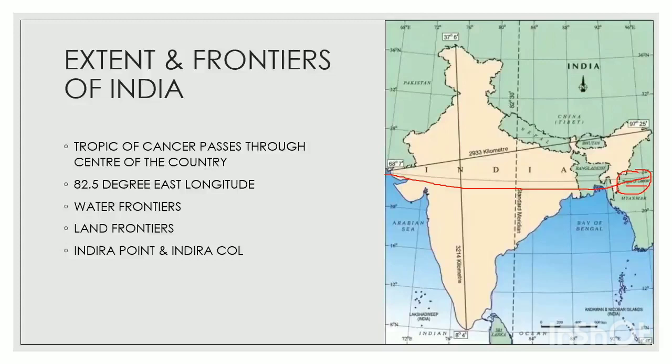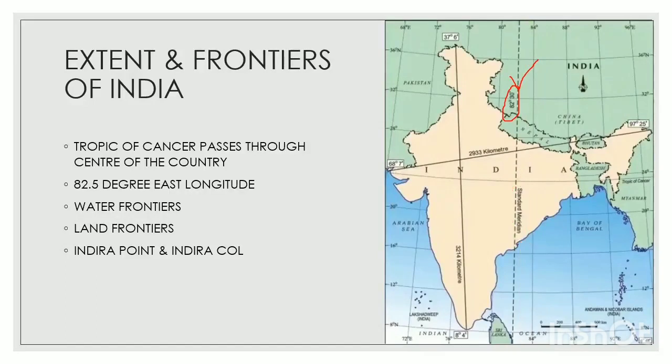Now what is the longitude line? You can see a line passing from the north entering into India. You can see it on the picture. It is a straight line, children, passing there. It's the standard meridian line, and we call it the 82.5-degree east longitude line. This passes through the city of Allahabad, and Indian Standard Time is also taken from that particular line. These are the Tropic of Cancer and the 82.5 east longitude line that pass through India.